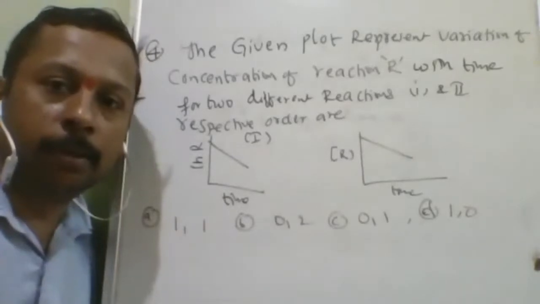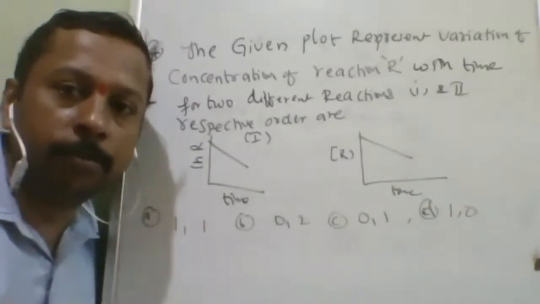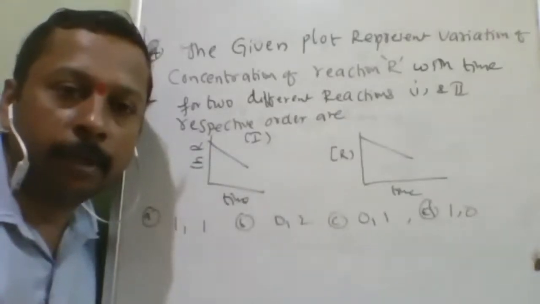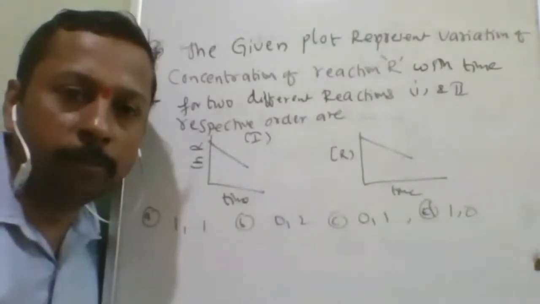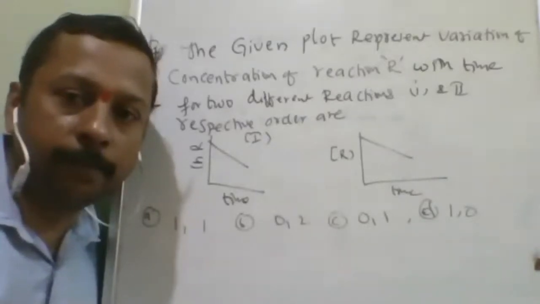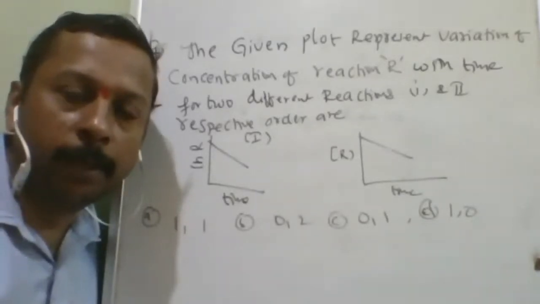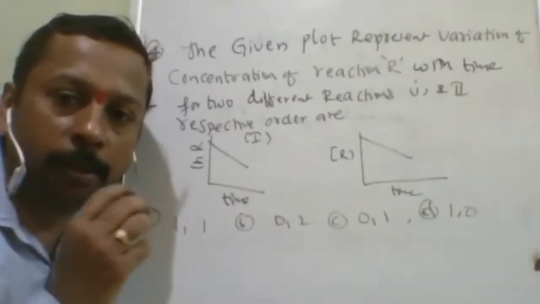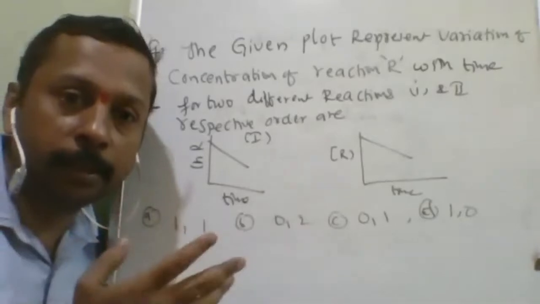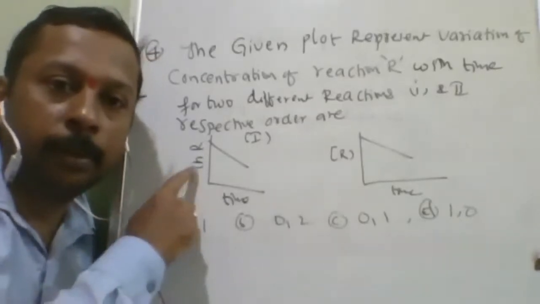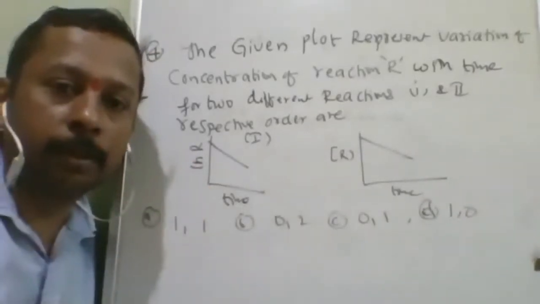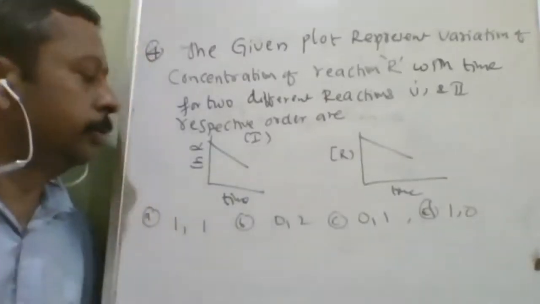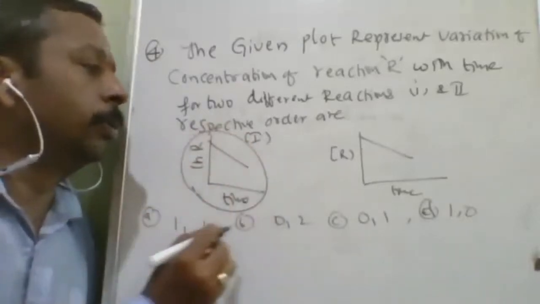Actually, the variation of concentration with respect to time for first order is not linear. To make the non-linear graph linear, log was applied. Is the purpose behind applying the log understood? So whenever you find a log, used to make concentration linear, that means it is a first order reaction. So this is first order, there is no doubt.